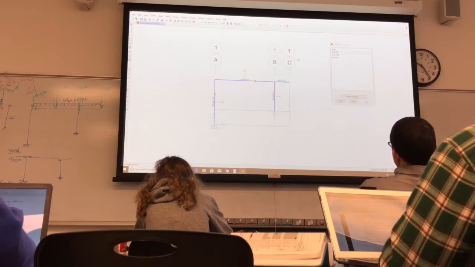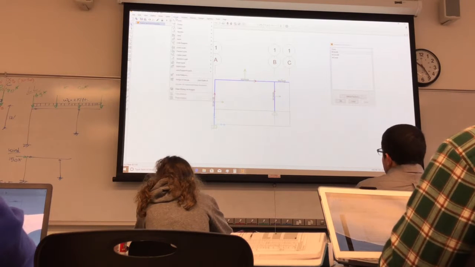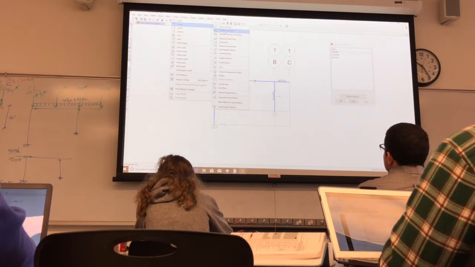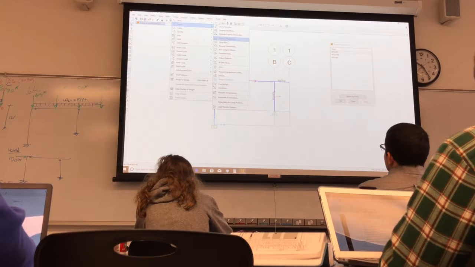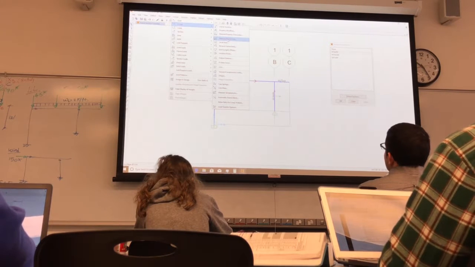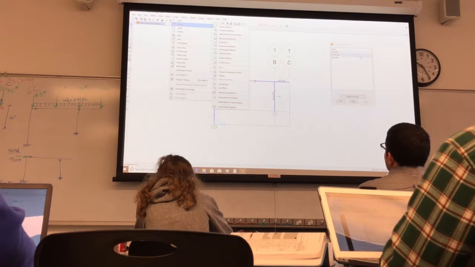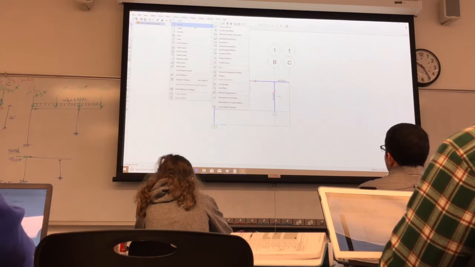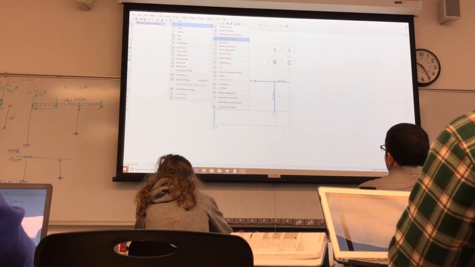Now we need to assign, go with the order. We don't need any property modifier. We don't need any overrides. Now, that's important here, releases and partial fixity. That is the answer to your question for connections. So that's what we want to do. Let me get rid of that first so we don't confuse you. So we go to releases, partial